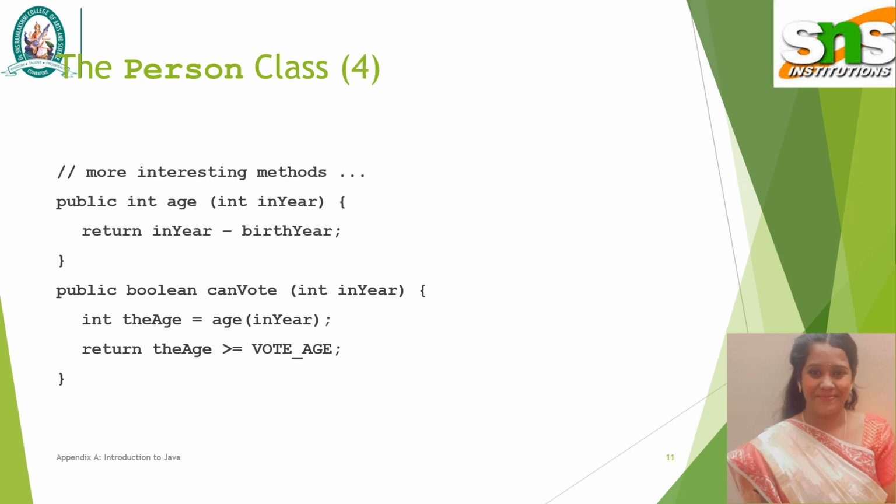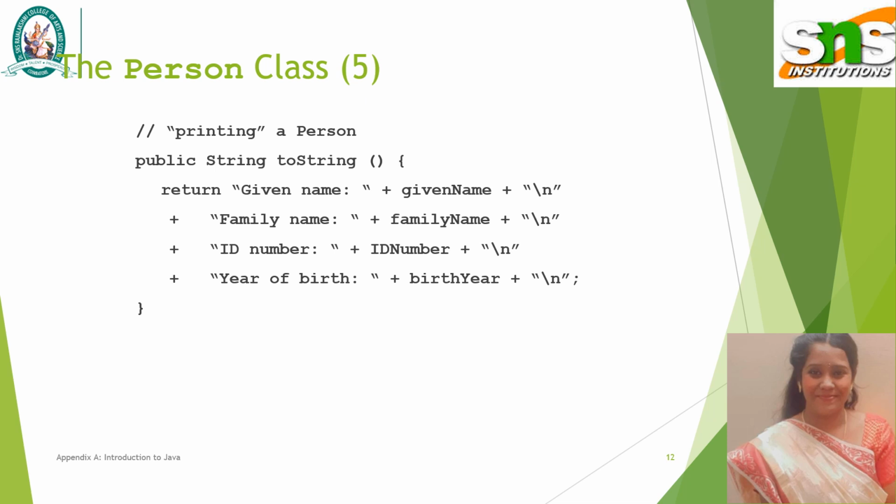This is an interesting method, where the variable is used in a method, like int age of int year, where we return the year and the birth year of a particular person. This is a final class where we concatenate the given name, family name, ID number and year of birth for a particular person. This is overall about strings, objects and classes in Java. So thank